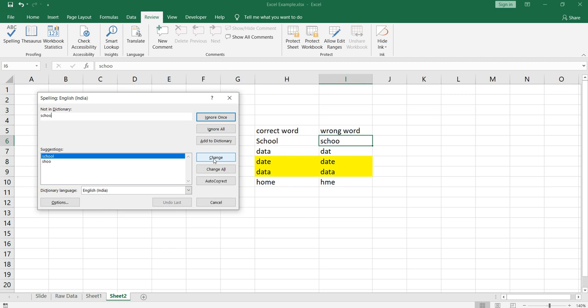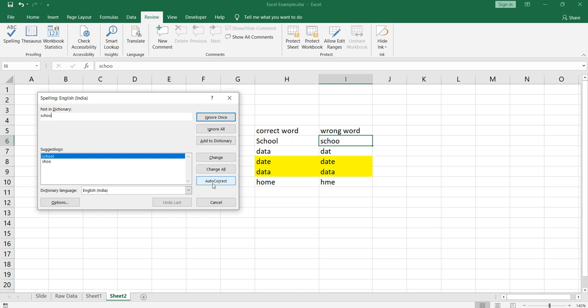If I want to replace it, I can click on Change. Now if your Excel sheet contains a lot of this word SCHOO, and you want to change all of them in a single go, then you need to click on Change All.